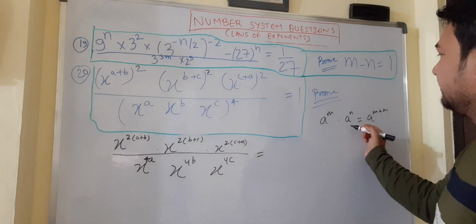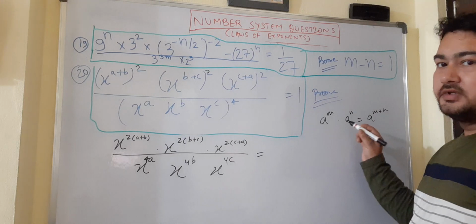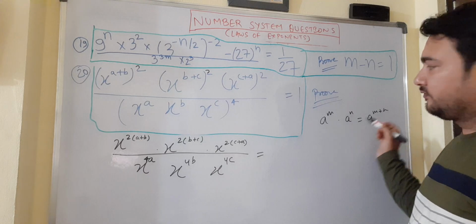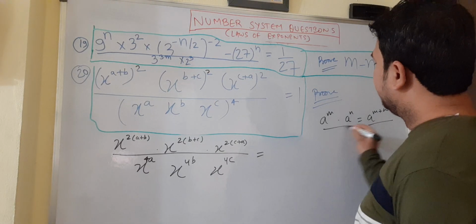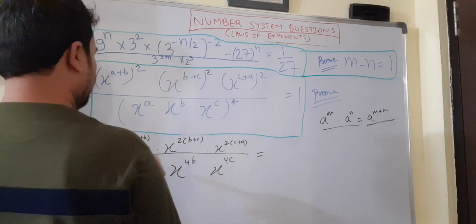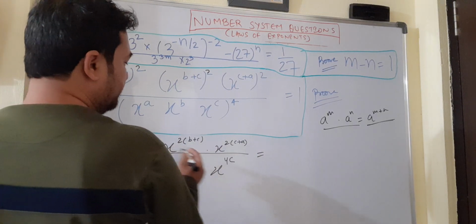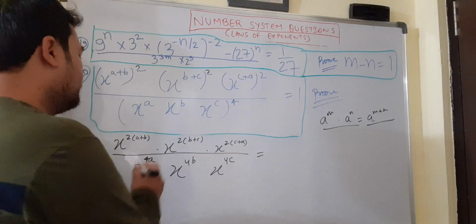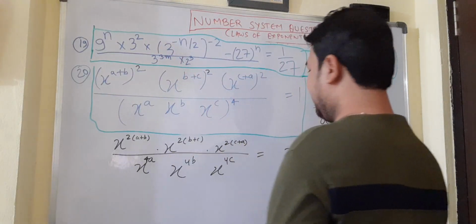Whenever bases are the same, coefficients no matter whatever they are, if the bases are the same, the exponents add up. Here also you can see the base is x and they are separated by multiplication between them. So exponents will add up, base remaining the same. So base will remain x,